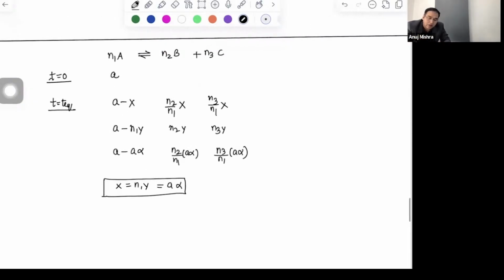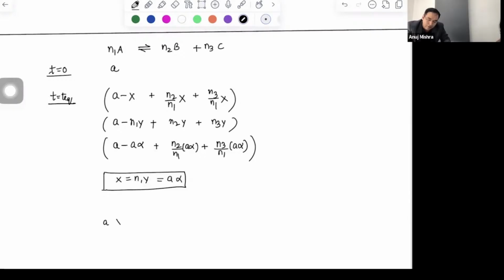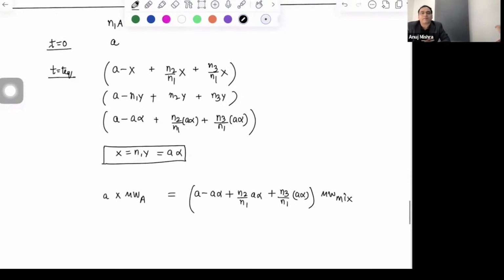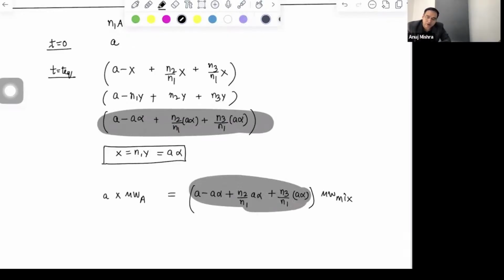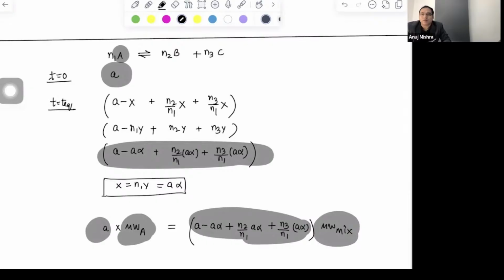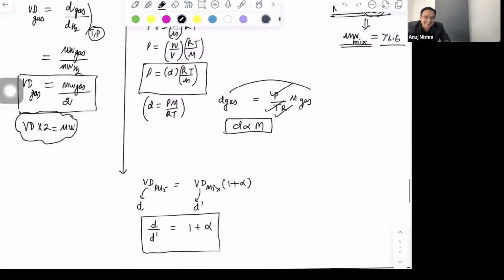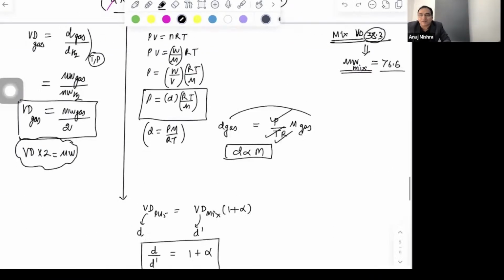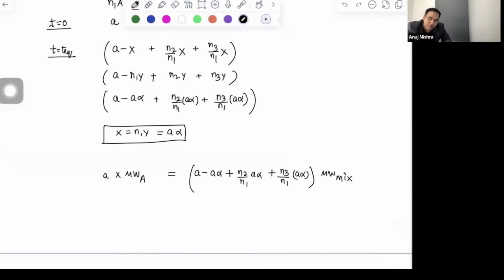Now, if that is clear, can we say total number of moles for me can be written as this or this or this, कुछ भी हो सकते हैं। तो अगर मैं एक लाइन लिखूं यहाँ पे, A into molecular weight of A, capital A, is A minus A alpha plus N2 by N1 A alpha plus N3 by N1 A alpha times molecular weight of mixture। तो मेरी बात से कितने लोग एग्री करेंगे? What I'm telling is this into mixture, this into starting member A। सभी को एग्री करना चाहिए, मतलब ऐसा कुछ अलग तो नहीं बोला मैंने। See, what I'm trying to say is, I'm trying to say the same thing, but with a more complex format, right? रिजल्ट में कोई डिफरेंस थोड़ी हुआ।